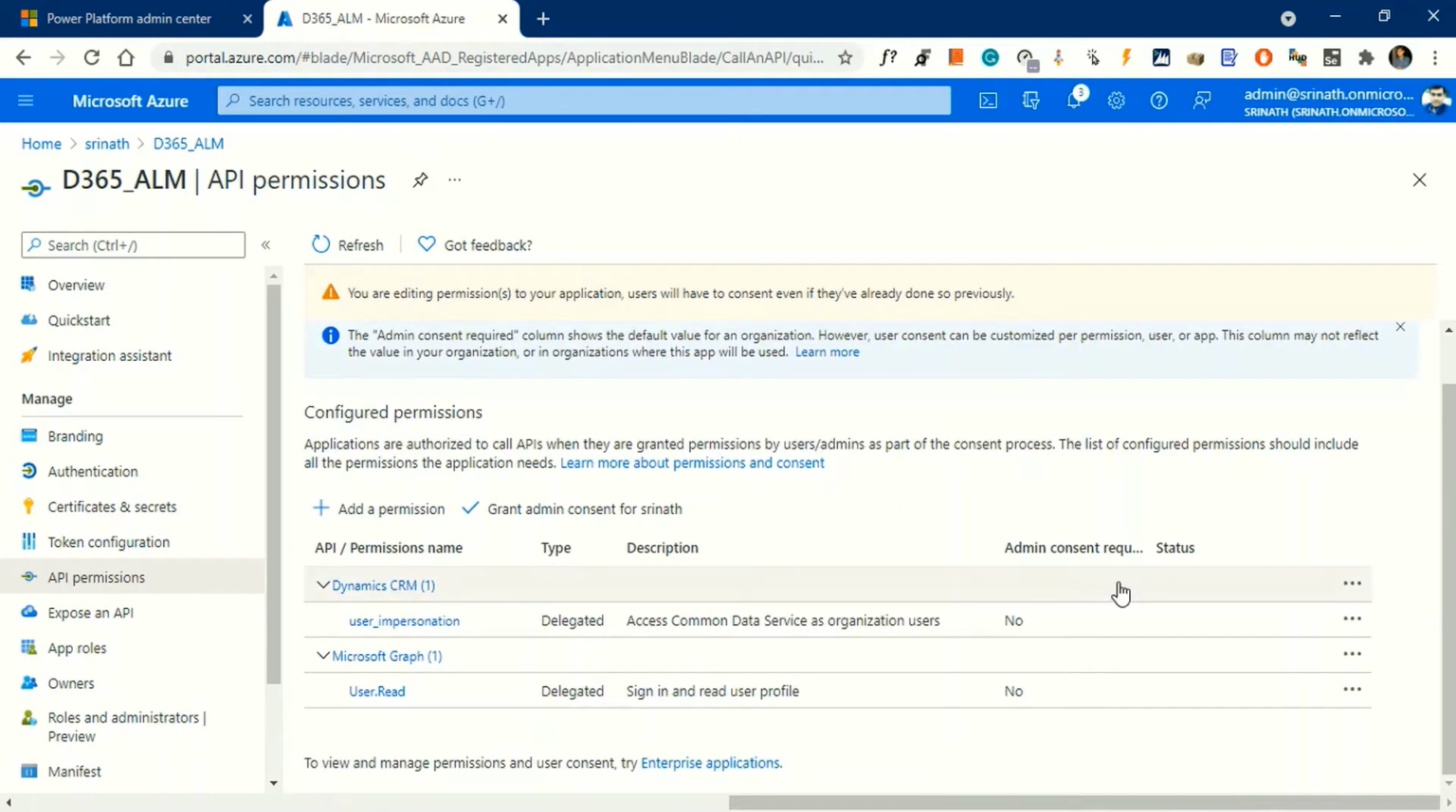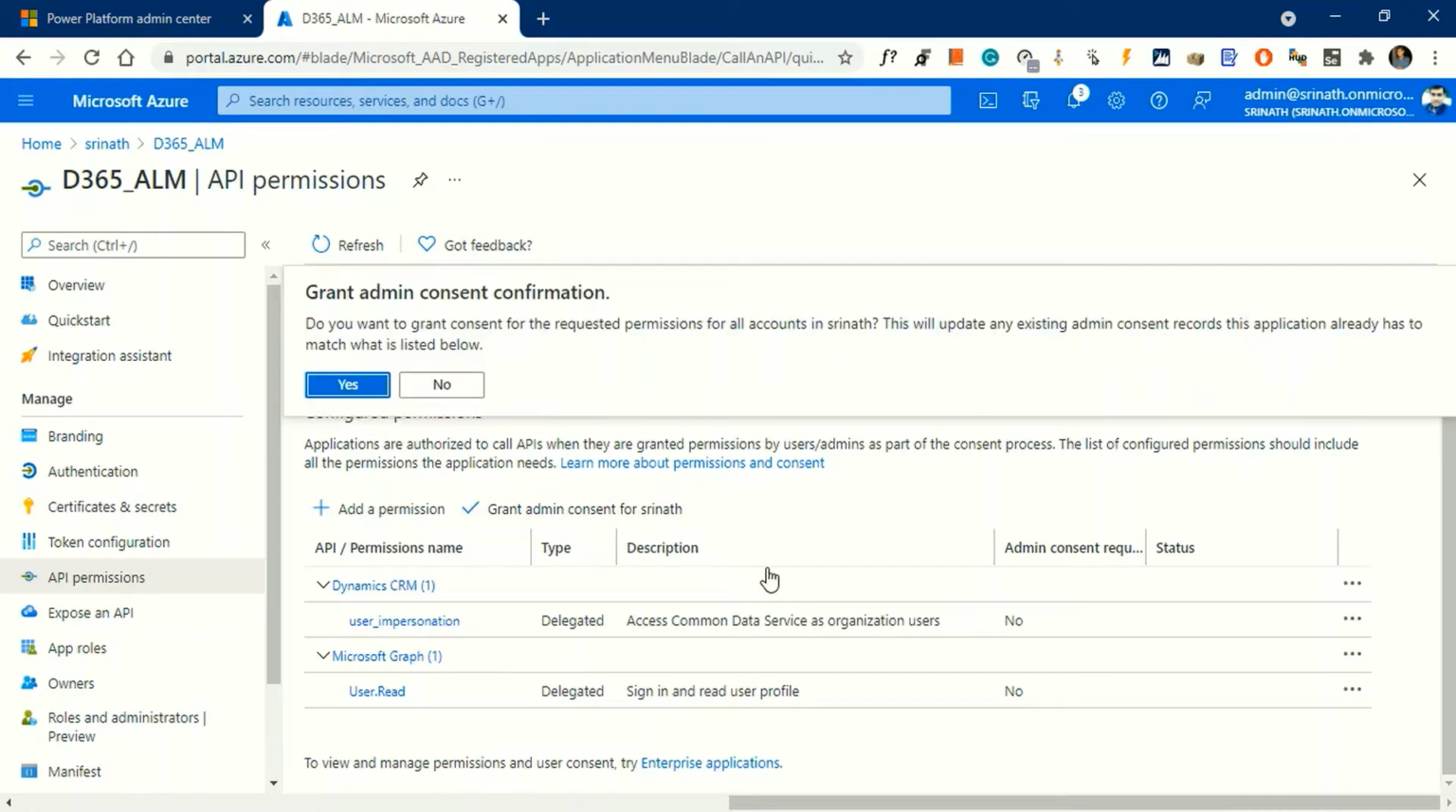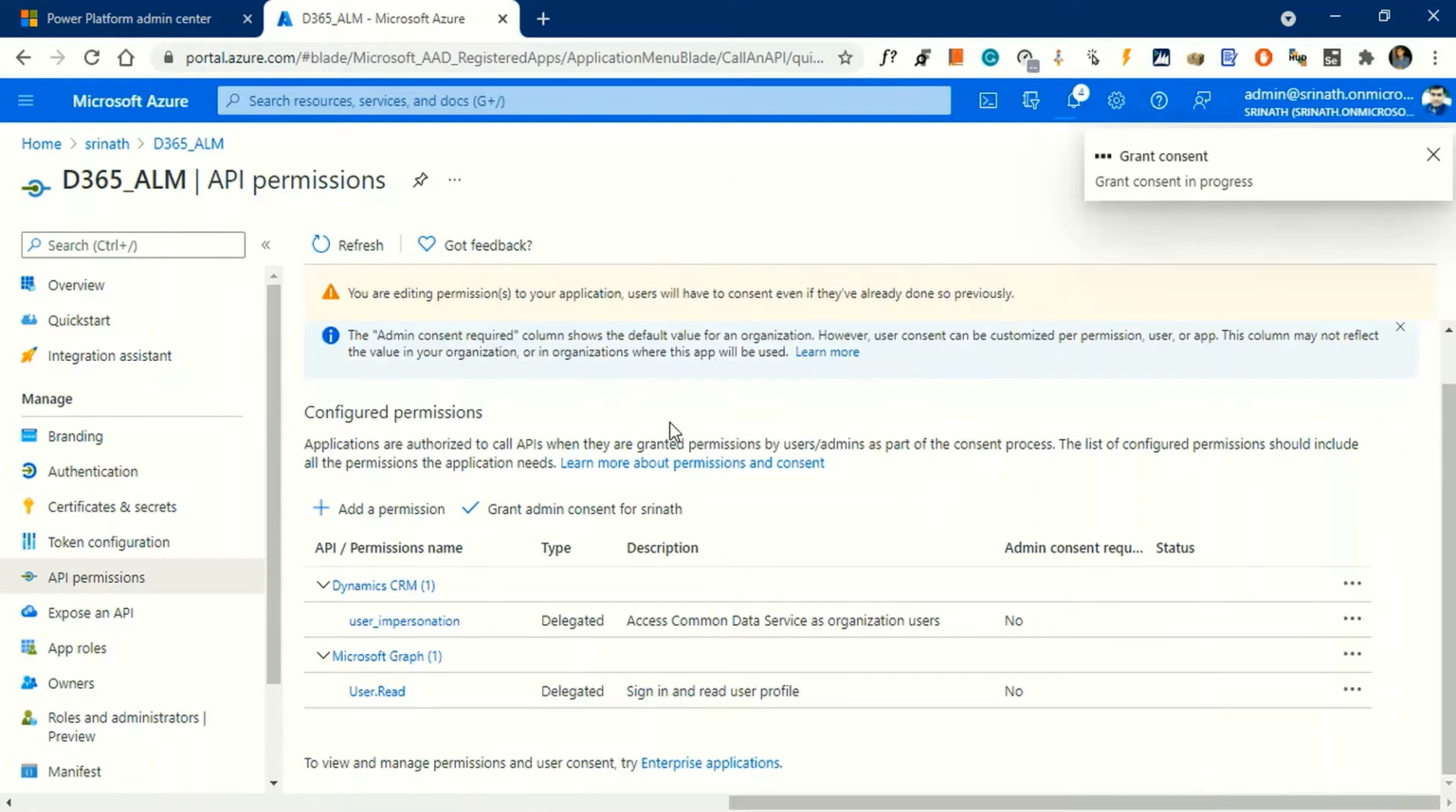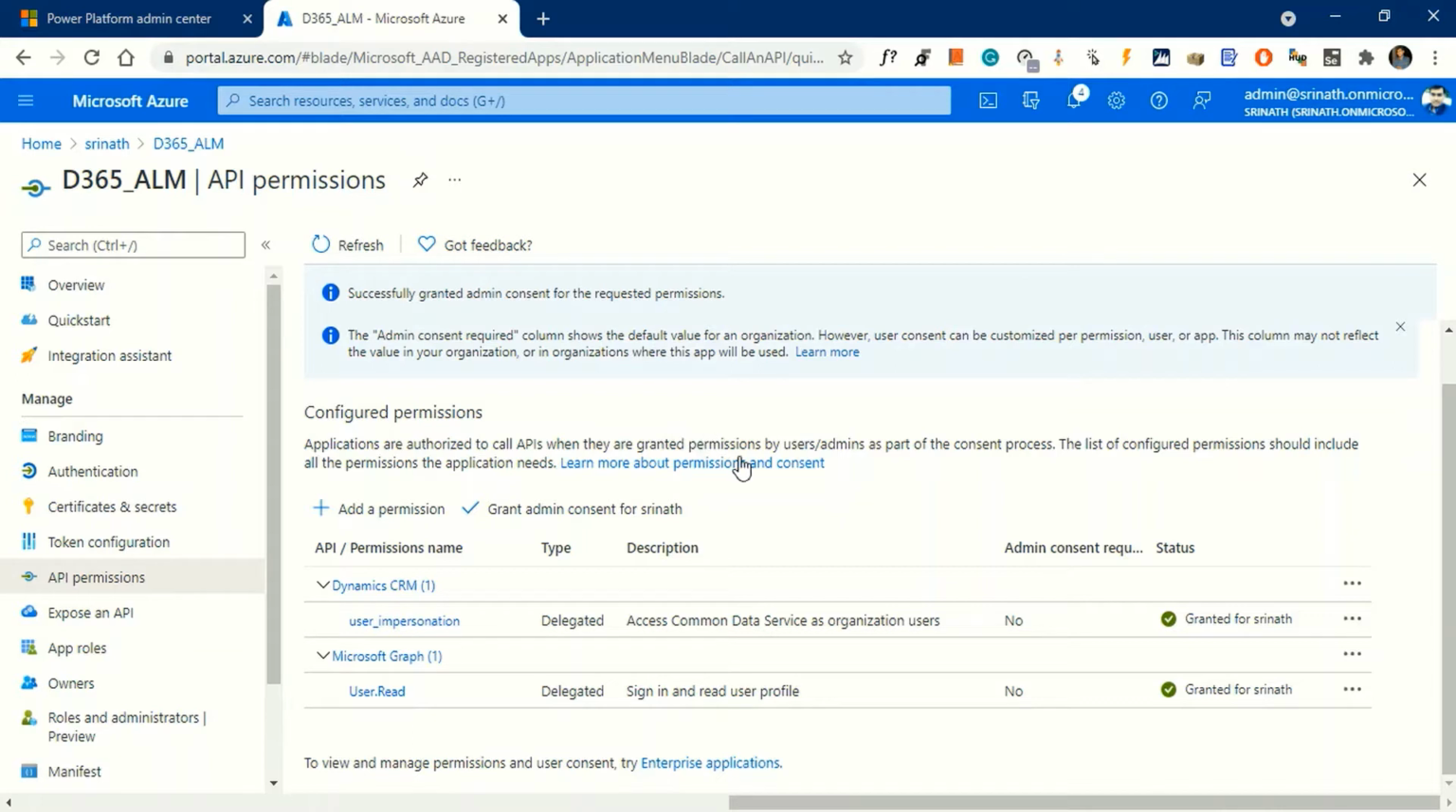It is still admin consent is not granted. We need to give the admin consent to this API. For that, click on grant admin consent for this tenant. Click on it and it's asking the confirmation. Click on yes. Now for this app registration, Dynamics CRM API, we granted admin consent to access Dynamics CRM with the help of